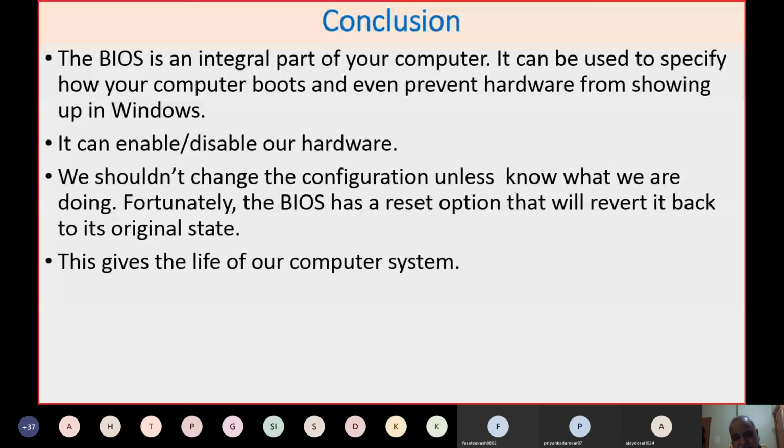Even if you change the BIOS and there is any problem, you can reset the BIOS to its default settings. If you have a better BIOS, it better controls your system and gives a longer life to your computer system. So this is all about BIOS.